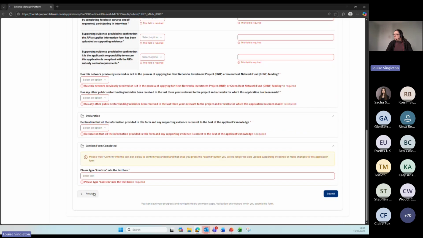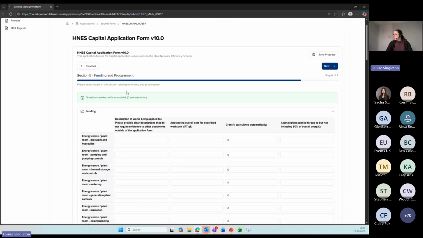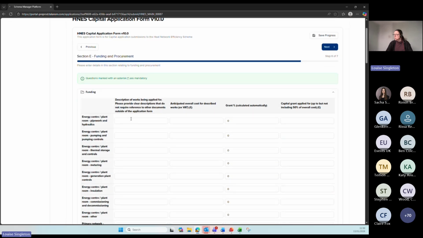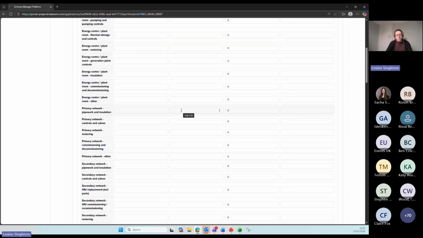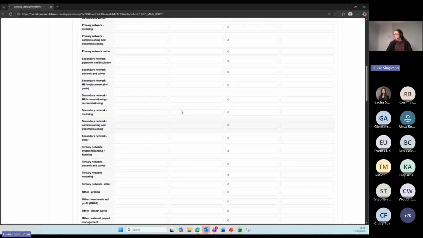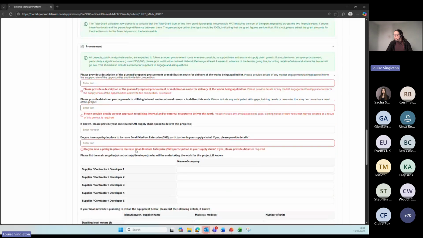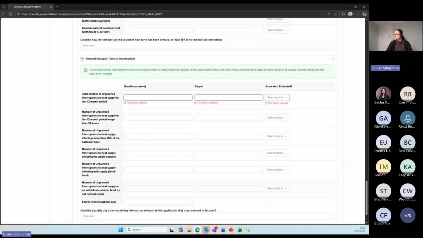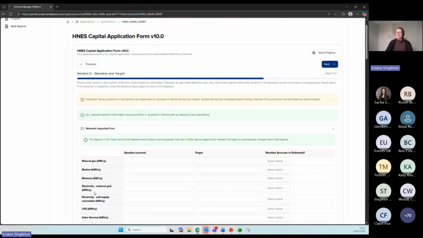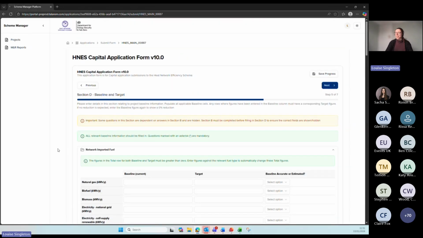And then these steps are essentially split up into the sections that Katie has talked you through previously. So funding and procurement. So all the different sections that you would need to complete. This is a capital application as an example. So that's basically how the online form works. I'm not going to talk you through all the questions now because we don't have time, but if anyone has any specific questions about the application form itself or any other questions, then please do email us and we can